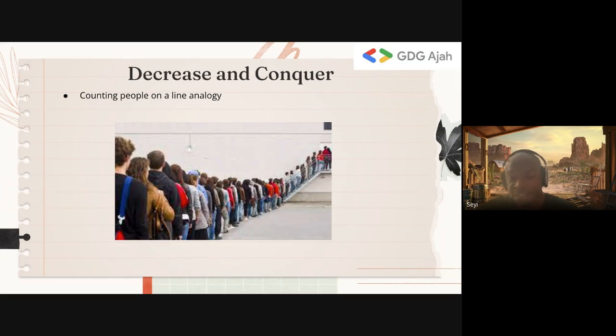Now, if they keep asking each other that question, and they get to the person in front of the queue, the person in front of the queue would say, nobody's ahead of me, and I'm one person, right? So the person in front of the queue tells the other person, there's one person ahead of me. Or the second to the last person can say there's one person ahead of me. Or the person at the front of the queue can say I'm one person. However you look at it.